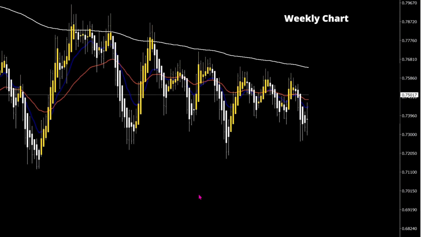Weekly and daily chart combination. So without any support or resistance zones on your chart, we can already plan our next trade. If our 633 and 200 period moving average are above the price, this makes us more comfortable in trading short